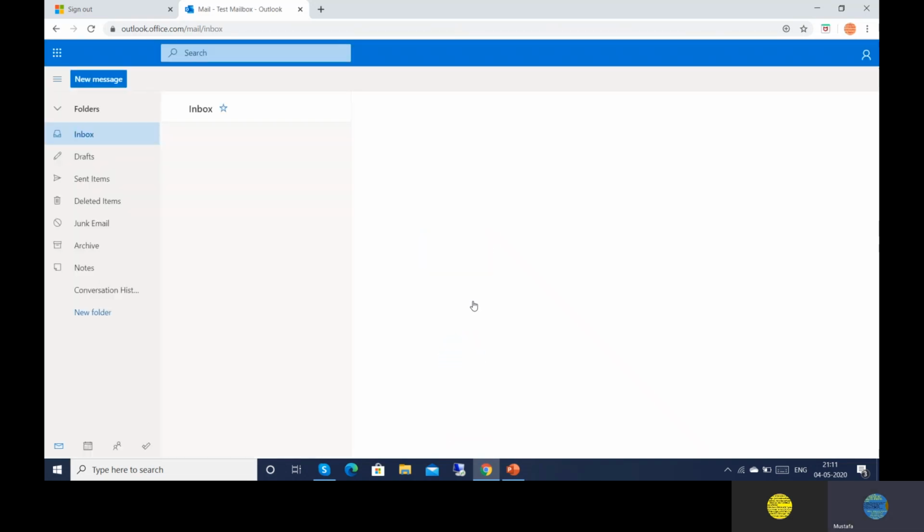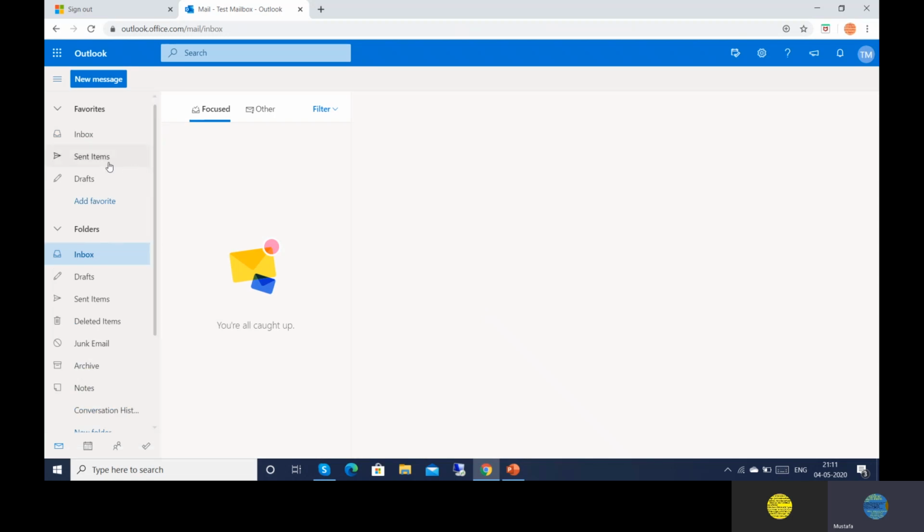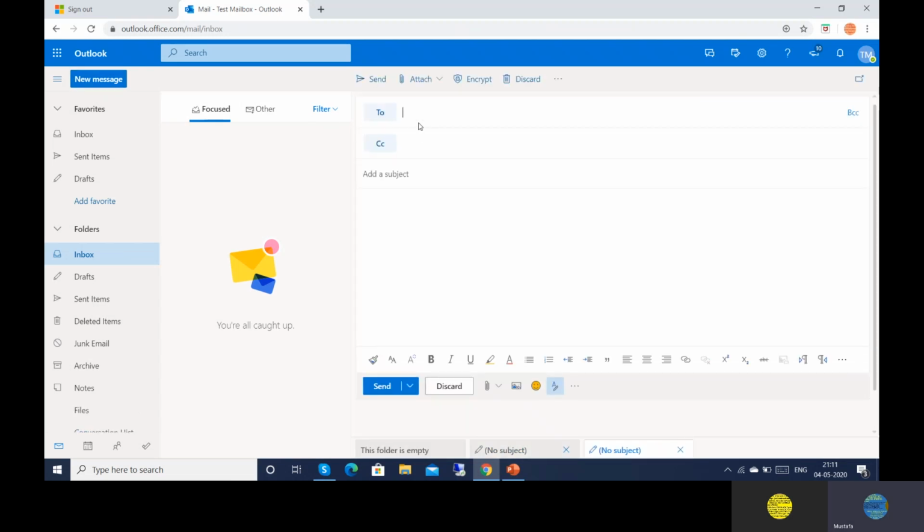We want to confirm whether the mailbox we created is working or not. So I will send one mail by clicking on New message. Here I will search for the same mailbox and send to the same test mailbox.